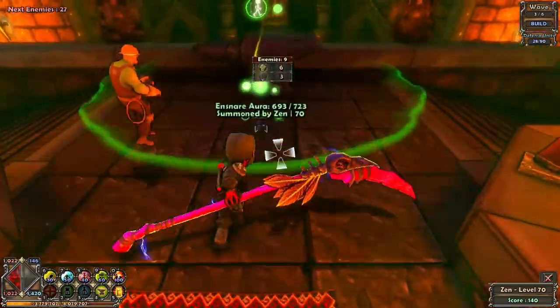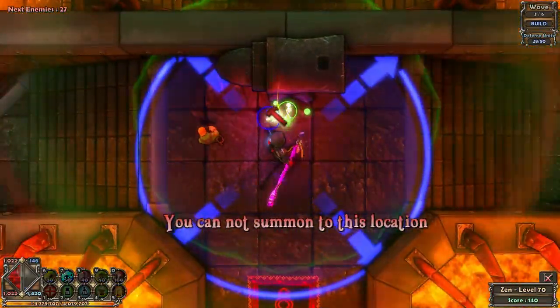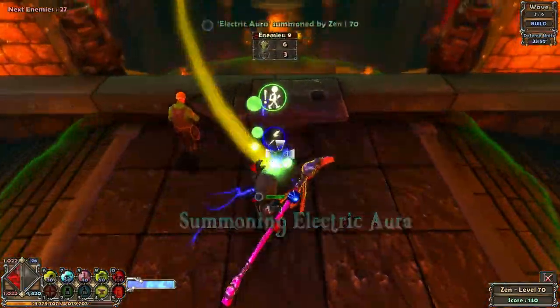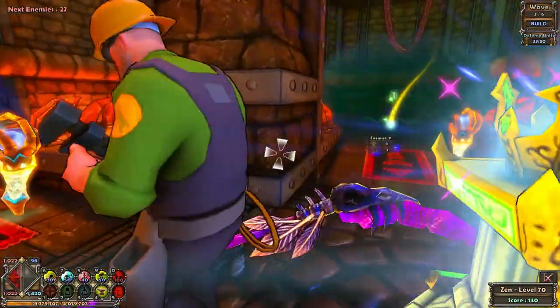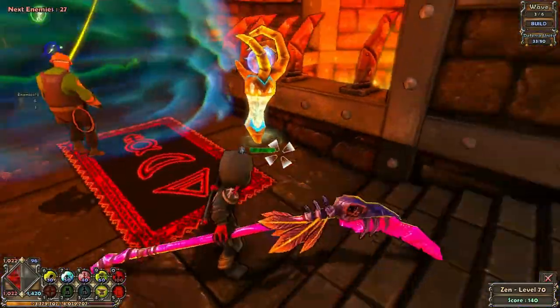Now, as enemies pass through these auras, they lose health. The auras do. So you do have to repair the auras, or else you'll lose them, and that's never a good thing, because say I wanted to...